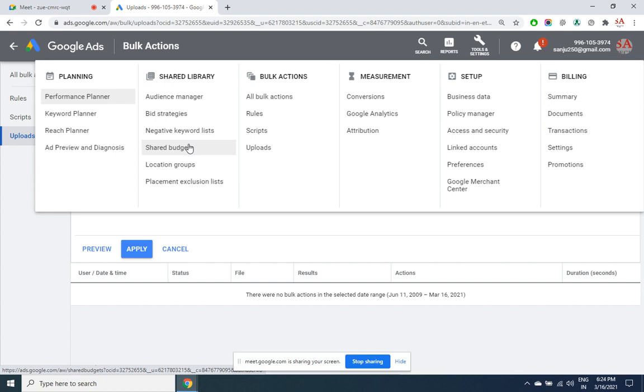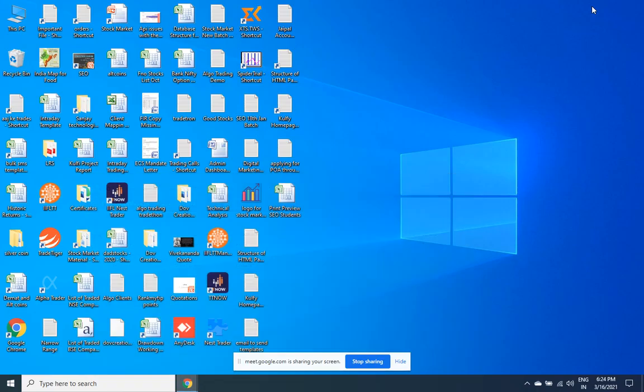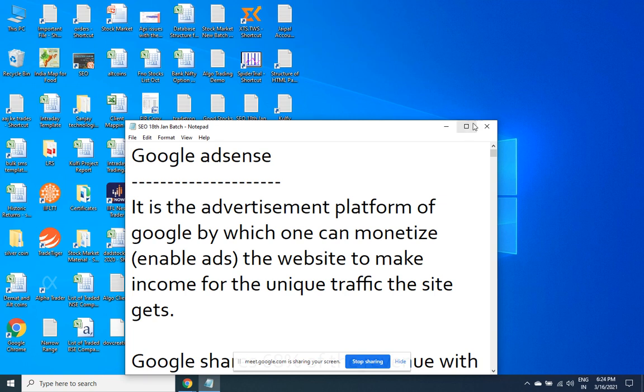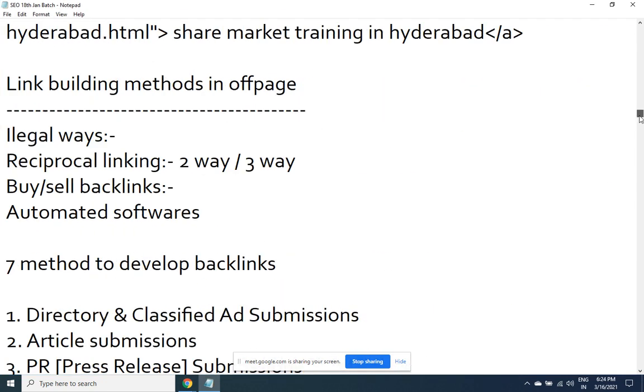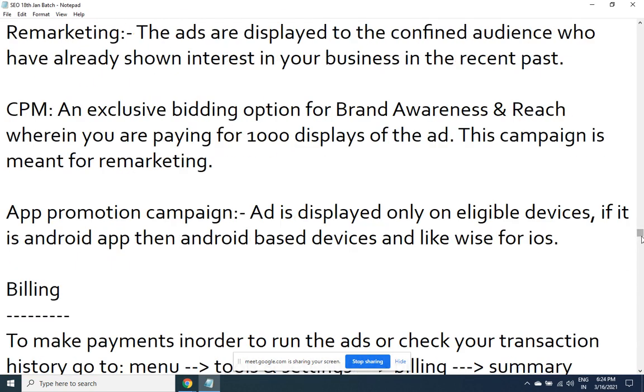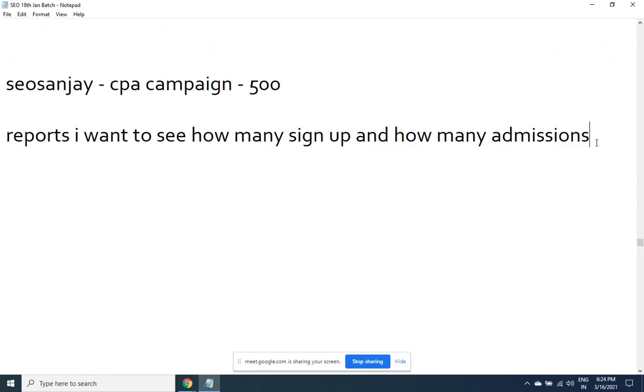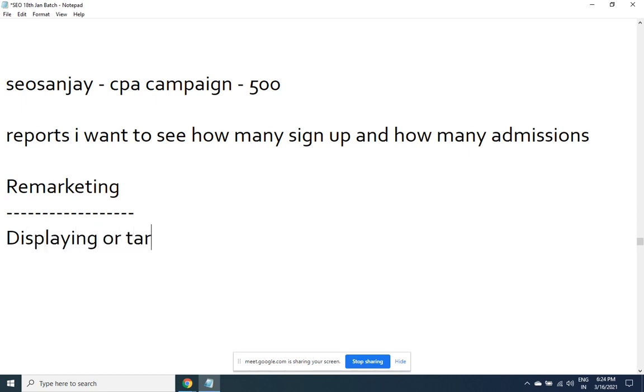So we'll create one audience, but before that, one important statement about remarketing. So remarketing is a very powerful feature. Displaying or targeting.